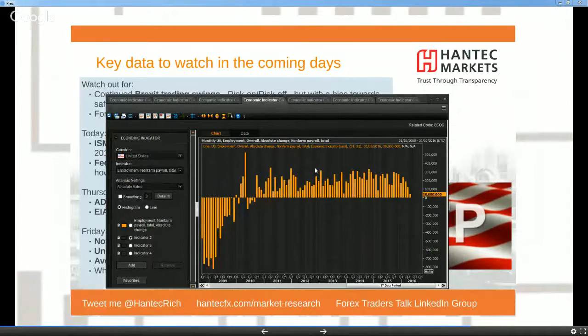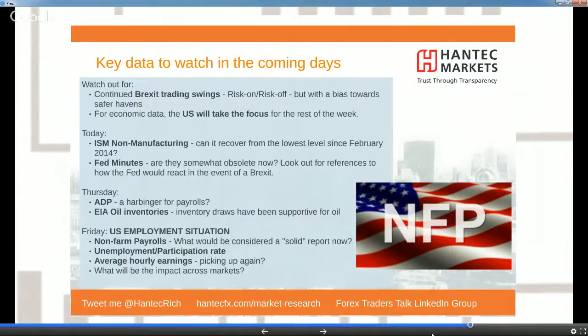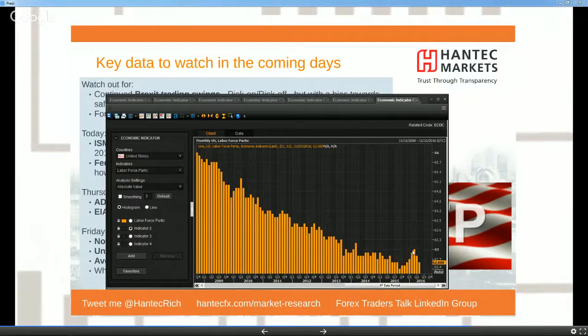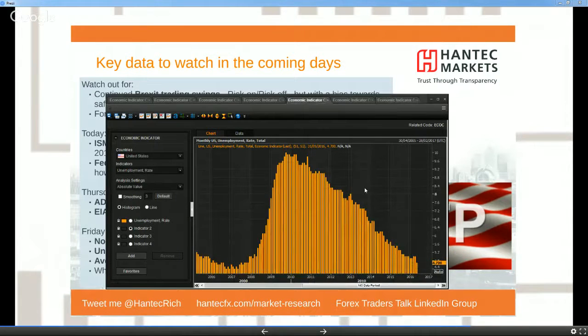And then we're looking at payrolls report on Friday. As I said, around about 175,000 is the expectation there. What would be considered a solid payrolls report? I would say around about that 175, with unemployment holding, participation rate rising, I think is important. Let's show you the participation rate. It's fallen away for the last couple of months, I think, and that is a problem, because people dropping out of the labour force is not good, and that is the reason why we saw unemployment dropping to 4.7 last month.